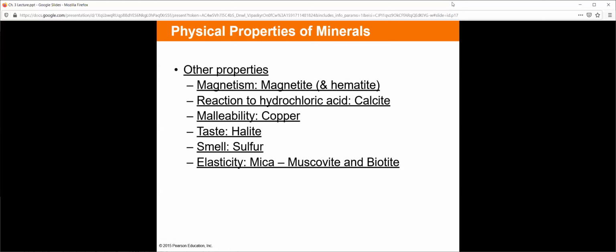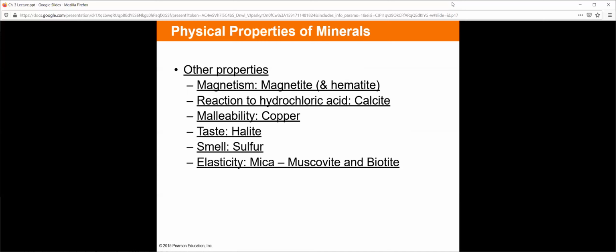Malleability. Copper is a good example of a malleable rock. Malleability essentially is the ability to bend without breaking. That's a good way to describe it. And what it does is allow you to tell that you have a piece of copper there. If you ever pick up a piece of copper off the ground stuck in a rock, you're able to bend the copper around. You can't do that with some other minerals. Silver also has a malleability nature to it, but I believe iron or sulfur or something like that doesn't. You can't bend it.